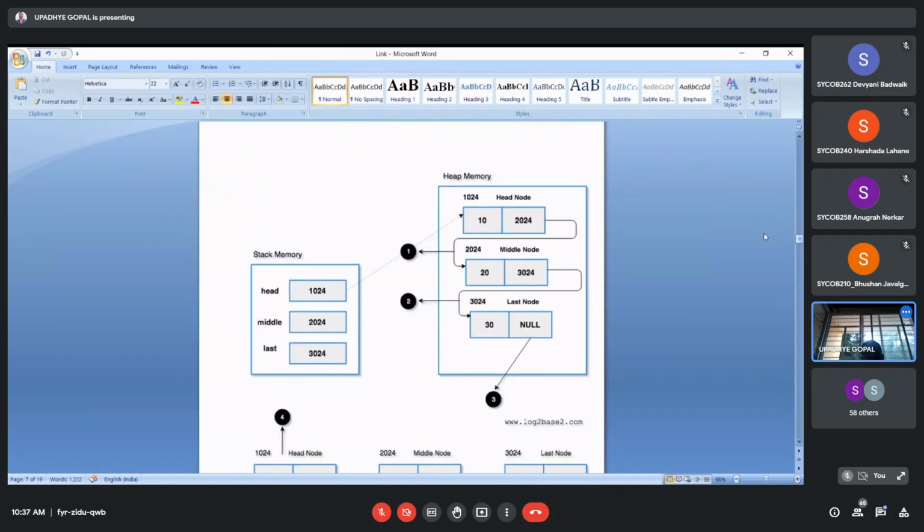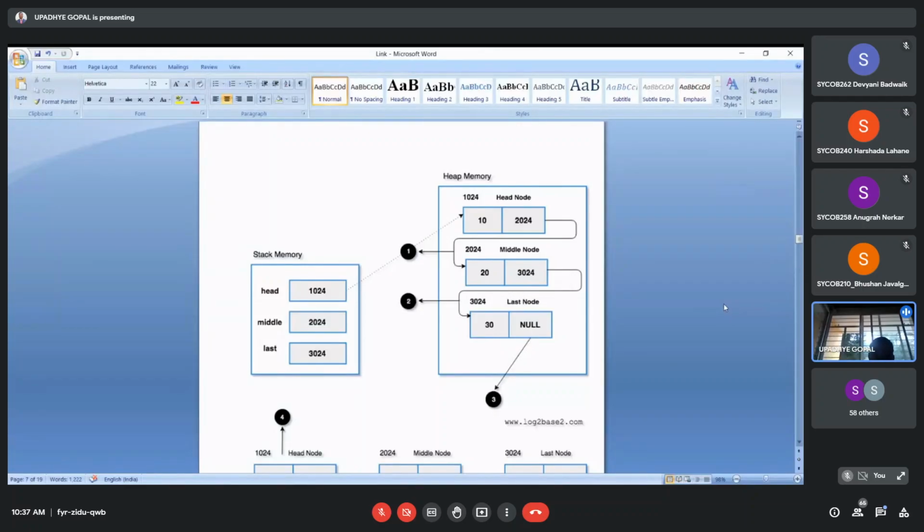Now see the linking, how this linking is happening. First of all, the initial memory location where the first data will be inserted is 1024. On that 1024 we hold the data 10.